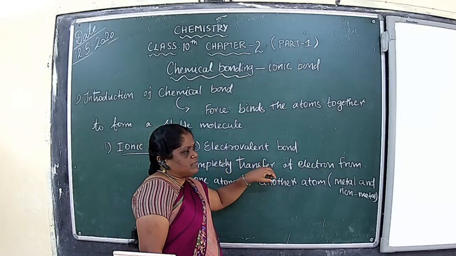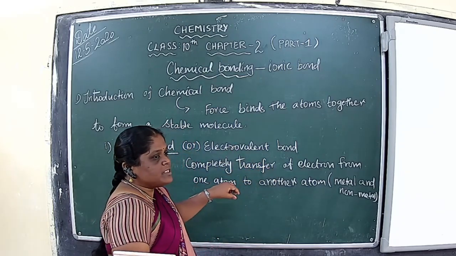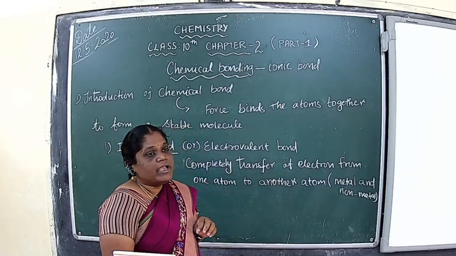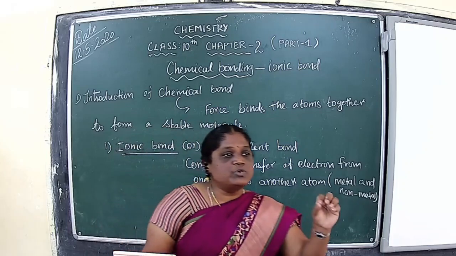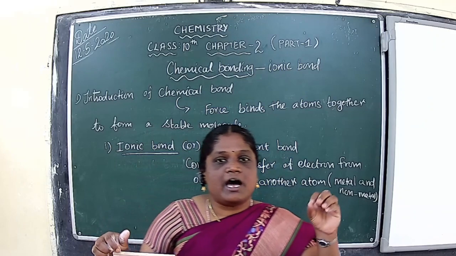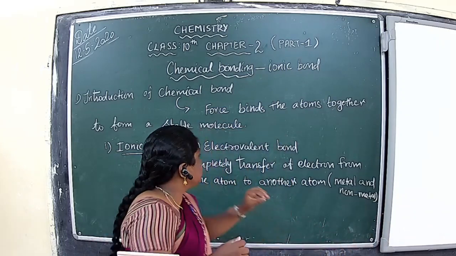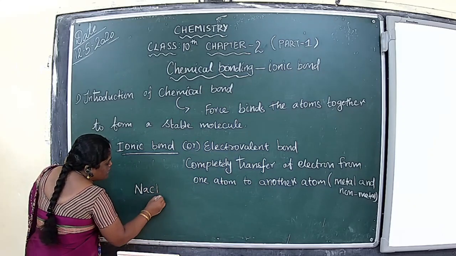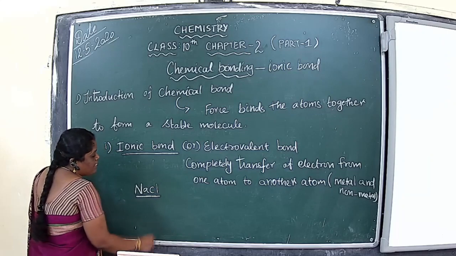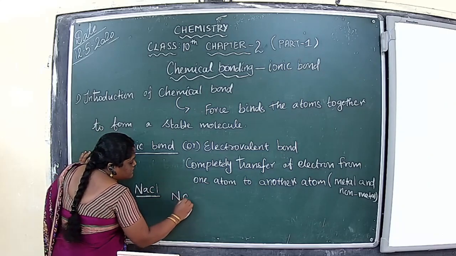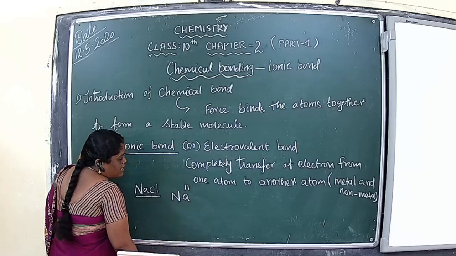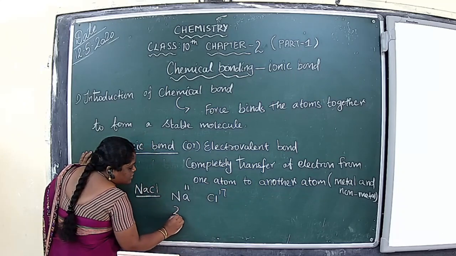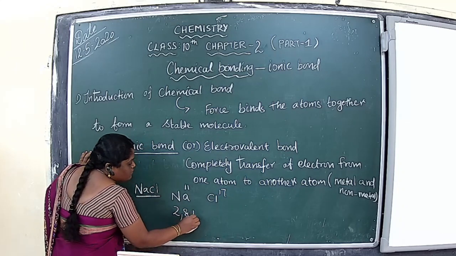What is the force? Which force binds the transfer of the electron from one atom to another atom? That force holds together the oppositely charged ions, positive and negative. For example, take NaCl. How is the compound NaCl formed? Easily, we know Na has atomic number 11, chlorine has atomic number 17. The electronic configuration of sodium is 2,8,1 and chlorine is